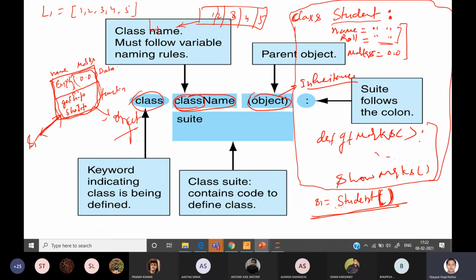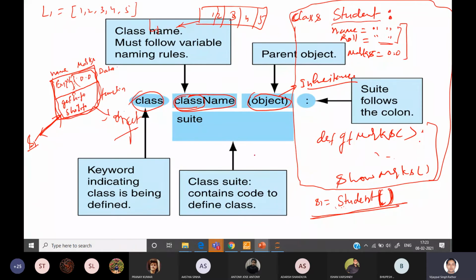This block is called the object, and it is referenced by S1. The type of this object is whatever class we have created. S1 is just a reference to this memory block.